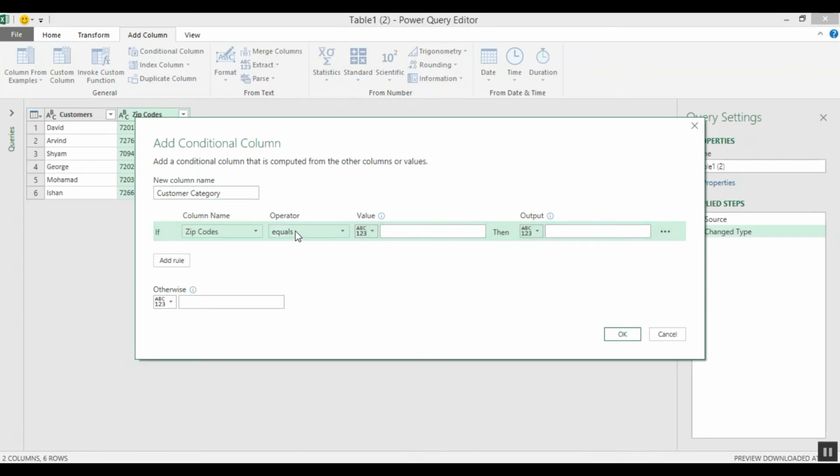If zip code, see, there is a new operator called begins with. Usually you don't find begins with for whole numbers, so I converted it into text, and then we'll select begins with 720, then output